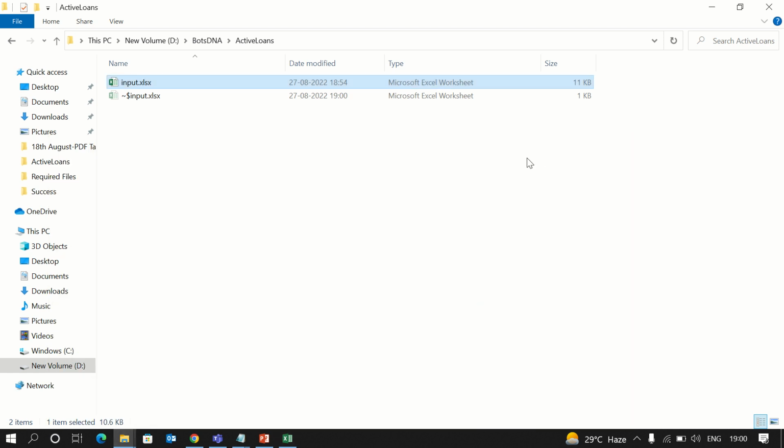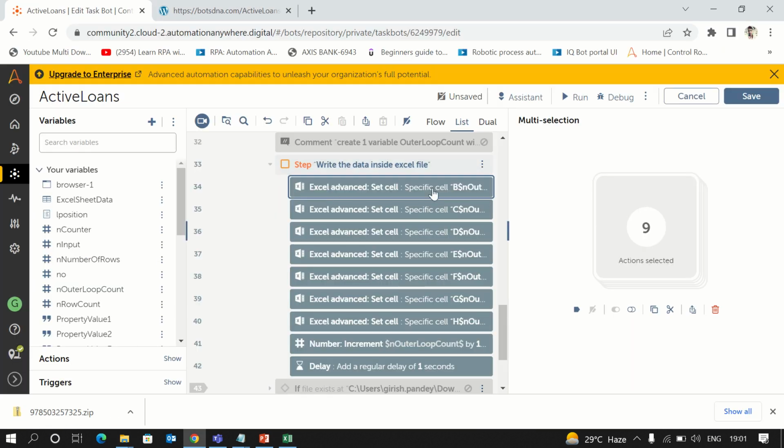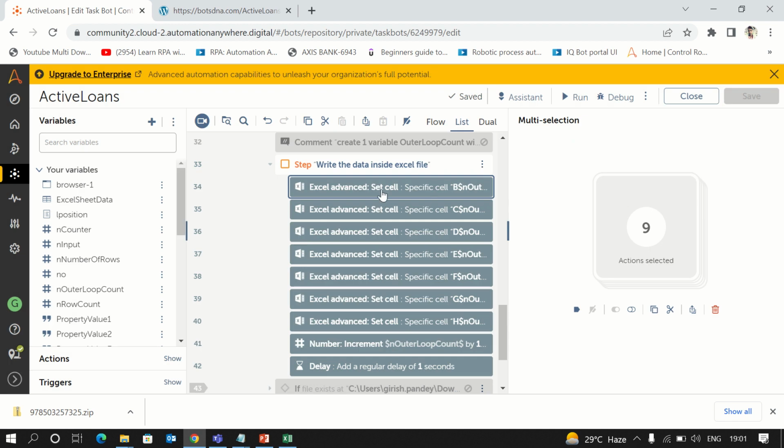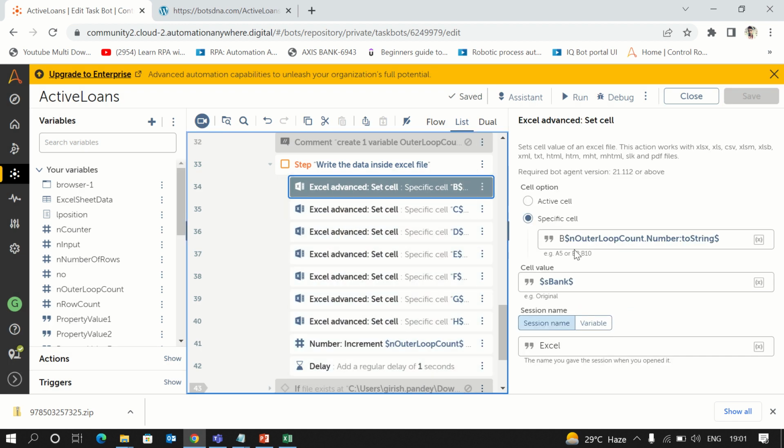So I have created one variable, outer loop, and stored it inside it. I gave the default value as 2. Once again I'll show you. Default value is 2. So it will first write the data I gave